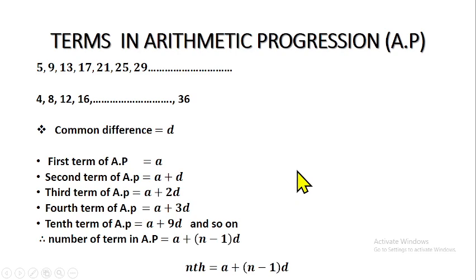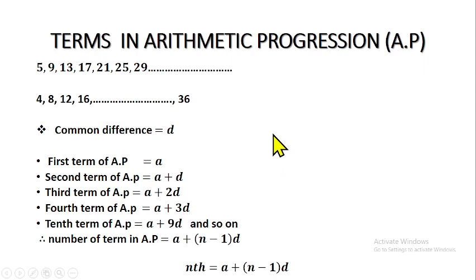There are some questions that will lead to simultaneous equations. You can be given that the 20th term of an AP is 50. How do we write that? The 20th term of an AP is A plus 19D equals 50. So there's a question that will lead to simultaneous equations here. That's why you need to know the particular term of an AP. If I ask you what is the 7th term of an AP, that would be A plus 6D.